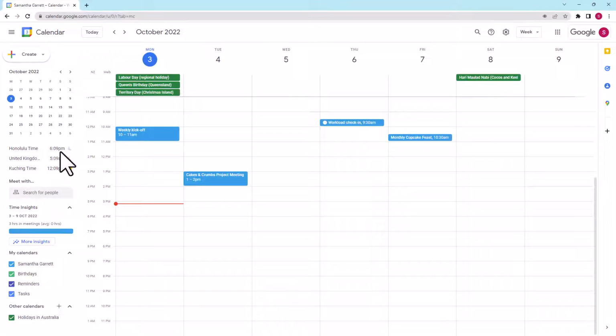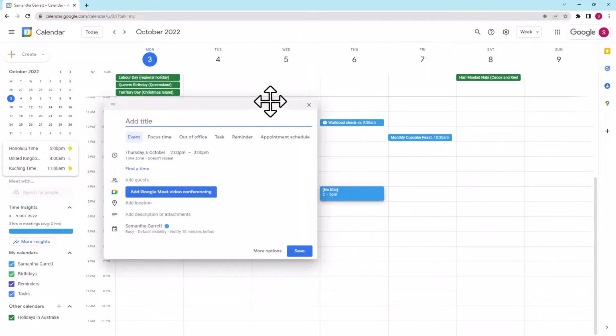Now, this is where things get really, really cool, because when you are scheduling events in your calendar, you can use that world clock to actually see what the time would be in each of those locations at the time you're proposing to have that event. So, for example, if I'm looking to do something on Thursday at 2 p.m. my time, if I come over here and just highlight the time block where I want to put the meeting, let's say I want to do it 2 to 3,